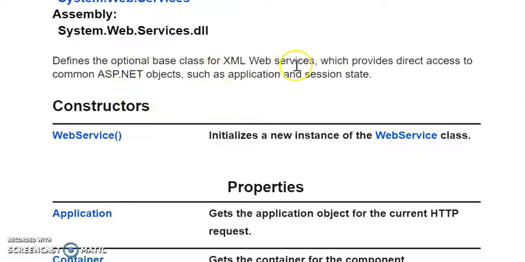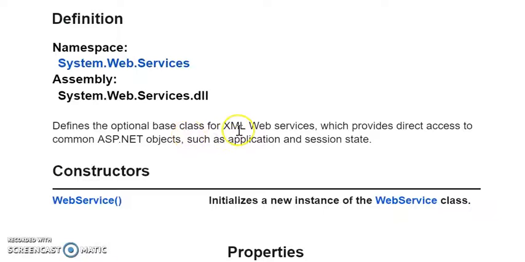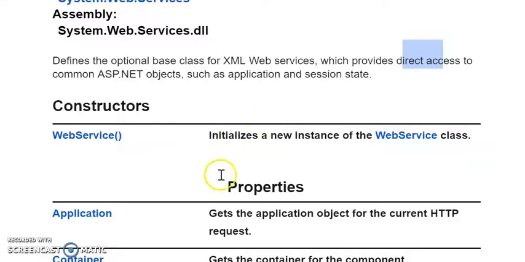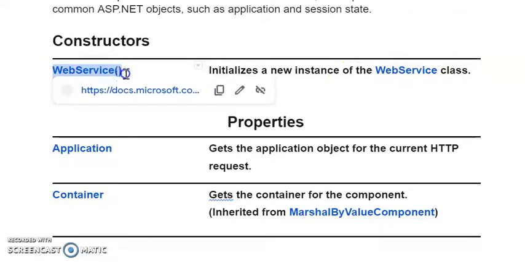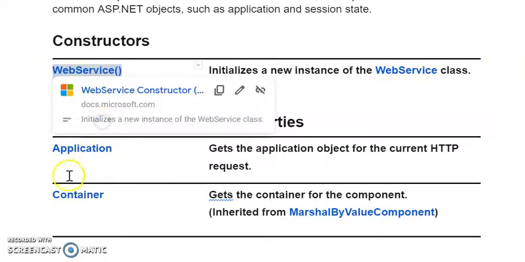Now this web service is also one of the base XML classes, and it gives direct access to ASP.NET web objects such as sessions, applications. Now constructor, a single constructor is there with no parameters, the default constructor of the web service, and it initializes a new instance of the web service. So you can create an object with only this web service constructor.